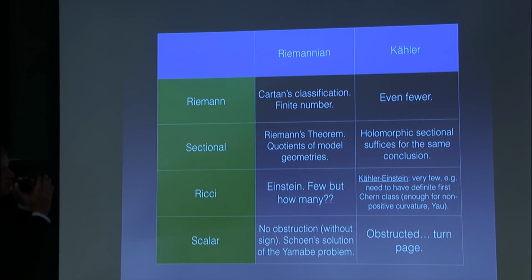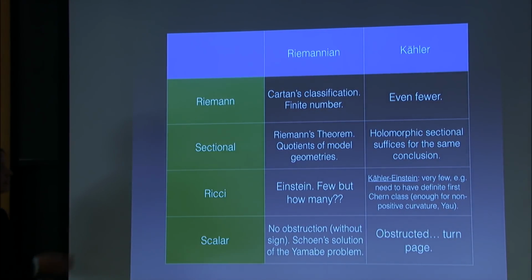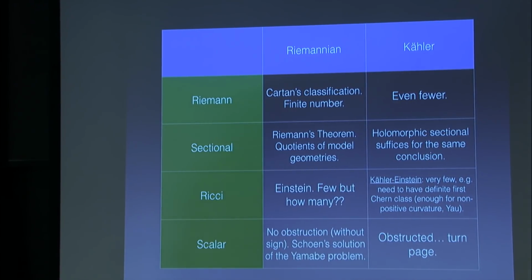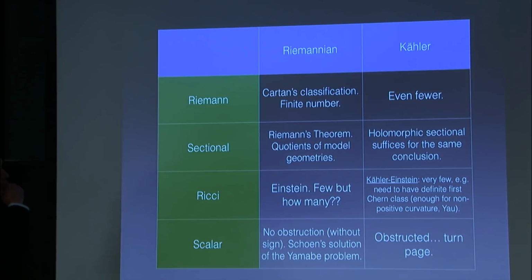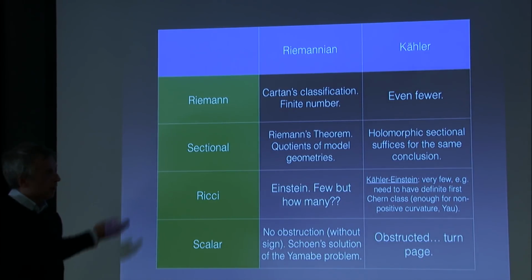So, of course, if you impose the Riemann tensor to be constant, then you have Cartan's classification of symmetric spaces. If you impose on top of that the Kaehler condition, of course, you reduce the number. Then you say, okay, this is not good for the dream because there are too few examples of manifolds like this. So you start saying, well, what if I relax it to sectional, and then